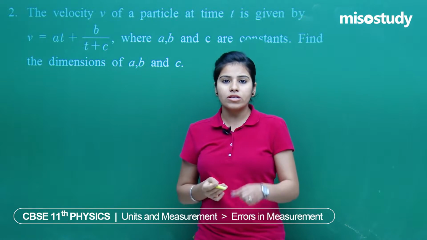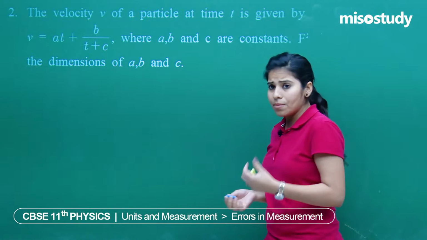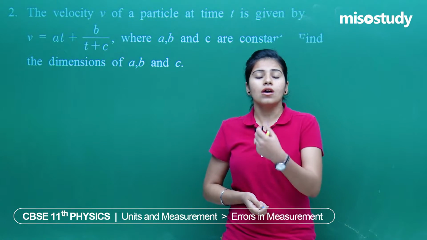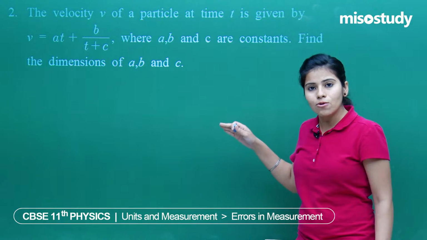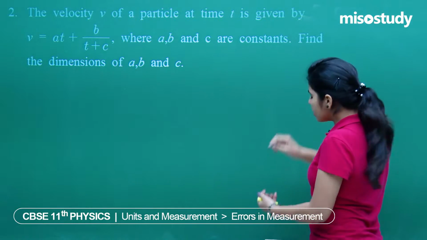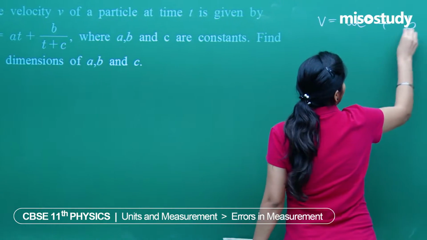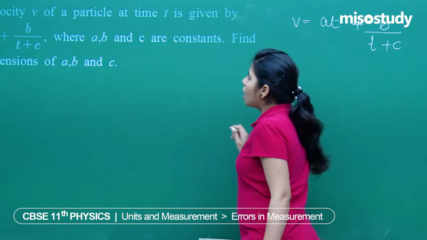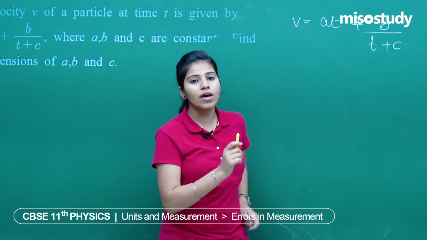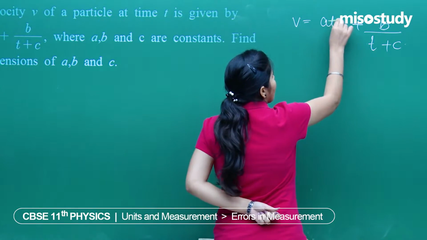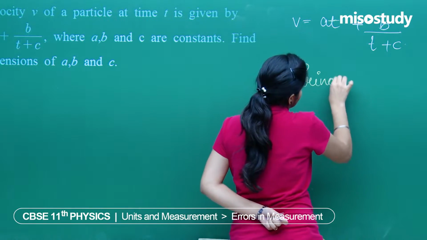Have I told you how to find out the dimension of such an equation? Yeah, I remember telling you how to find out the dimension of equations, of formulas and so many things. So that is the way we are going to start the question and proceed further. Here in this question we have been given v equals at plus b upon t plus c, and we have to find out the dimension for a, b and c. So how we are going to do this? Just look at this. I have told you one principle, that was the principle of homogeneity,